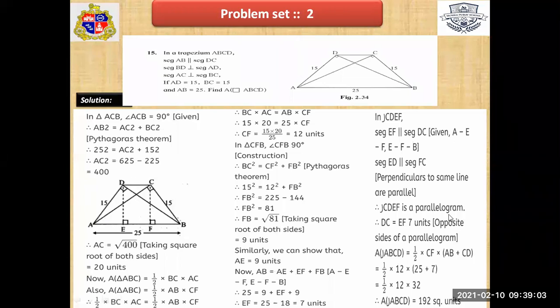Substitute the values in the formula: half into CF, which is the height, into the sum of the lengths of the two parallel sides, AB plus CD. Substitute here and you will get the area of the trapezium ABCD. So these are important questions, students. In this way, we completed